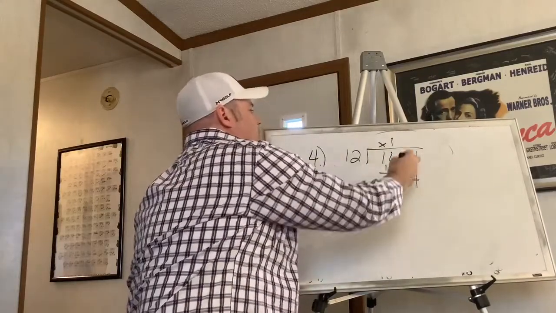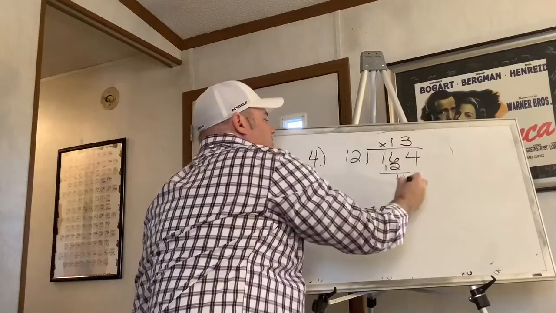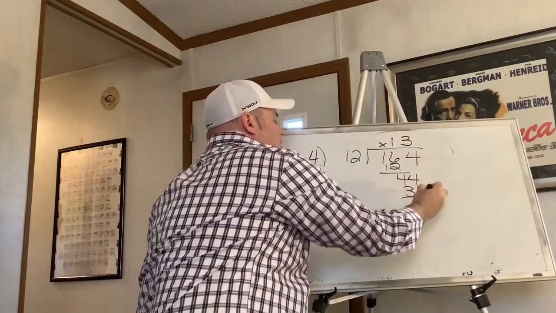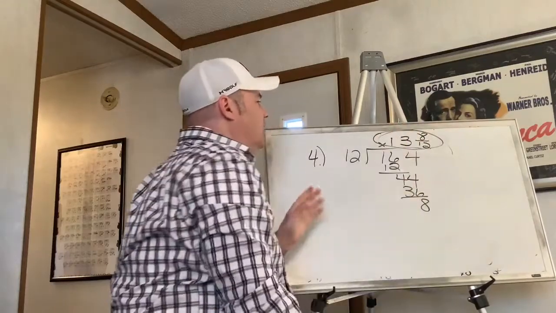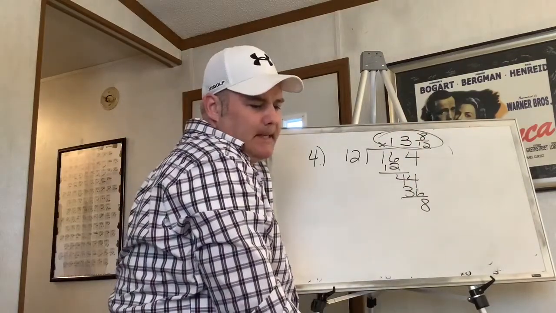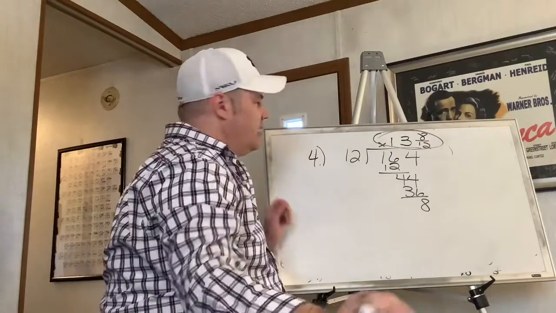Bring down the 4. 12 goes into 44 3 times. And subtract, and you get 8/12. Now, we'll later learn to reduce that down, but for right now, we're leaving it as 8/12. Okay? And then the last one,